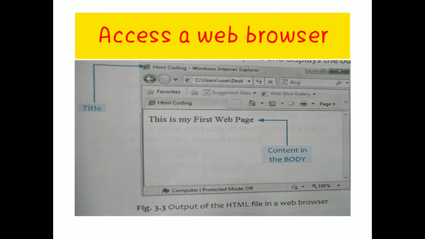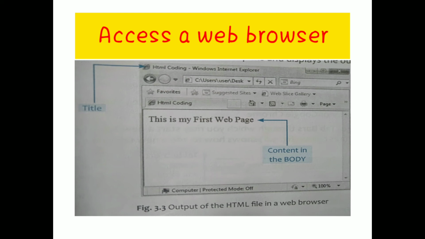So, how can we see this particular output? I have written the coding, but how could I see the output? It's simple. So, first of all, we'll be going to the file where we have saved. We'll be knowing the location, children, where we have saved this particular file. Then we'll be going to that particular file, right click on it, and just click on open with Internet Explorer or Google Chrome. Okay. Mostly it will be working on Google Chrome, children. So, please try it out on that.